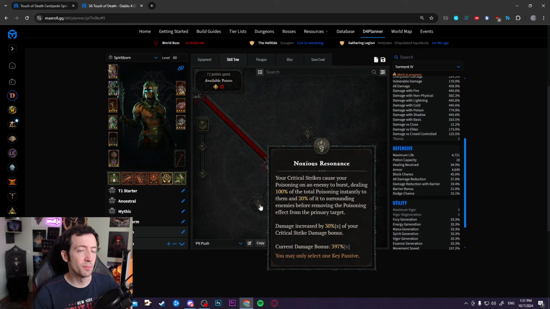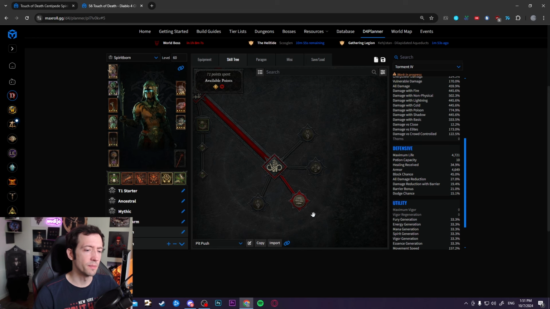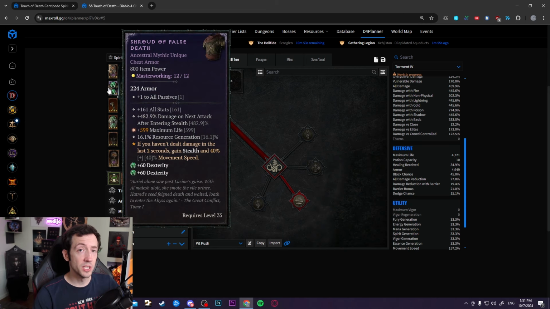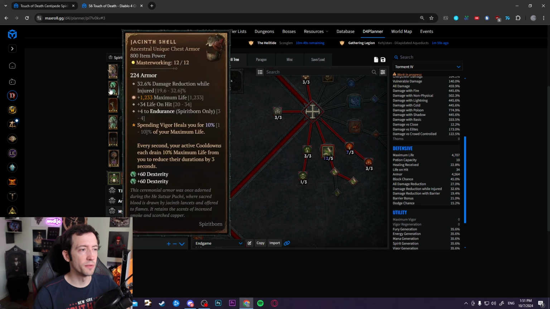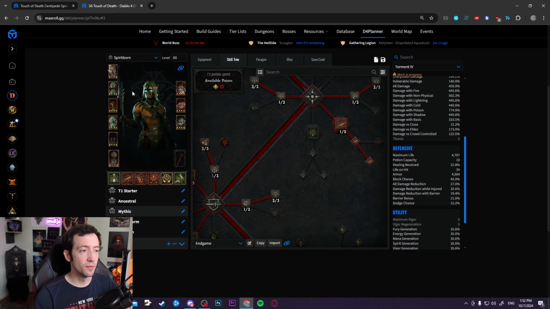Like when you fight a boss for 5 minutes or something in a higher tier pit, then the few seconds delay at the start of the fight doesn't really matter. So we go Prodigies, and we don't need Jack and Shell, we go Shroud for extra damage. But most of the time you want to go with the Jack and Shell, and it's just really, really good